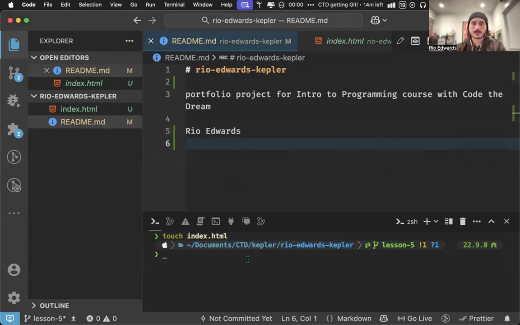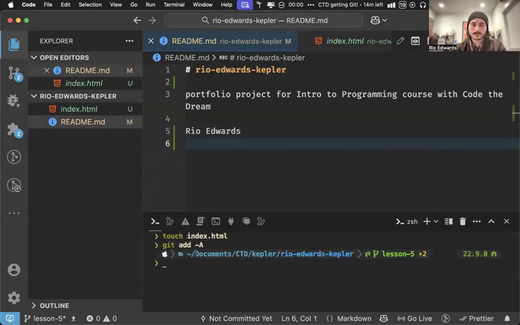When you add, you stage your changes for the commit. So you say, I'm going to add all the changes that I made, which I could selectively say include these changes, don't include these ones, but generally you want to add all of them. So git add, I'll do that here, git add, and you can do dot. Everyone does dot. That's what they teach you in the lessons. I do dash A because dash A is technically better. So git add dash A